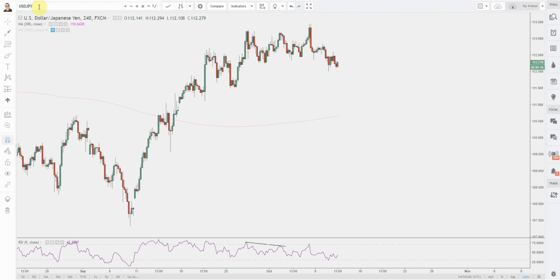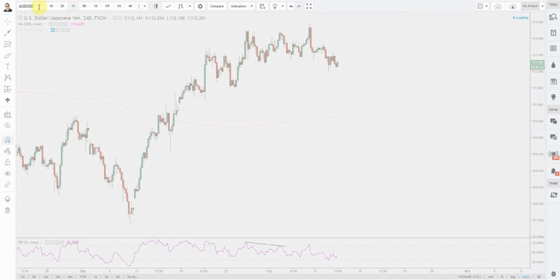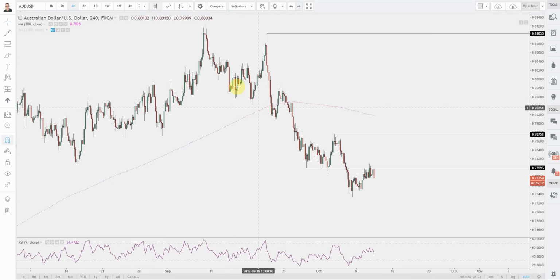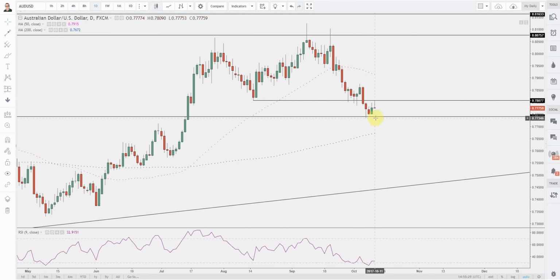Let's get to the 4-hour chart. In this case, for example, if we do close today around these levels, okay, it will be a bearish candlestick, a pin bar. Okay, it's going to be a gravestone doji candle, so we're going to be going to the short side. If we rebound